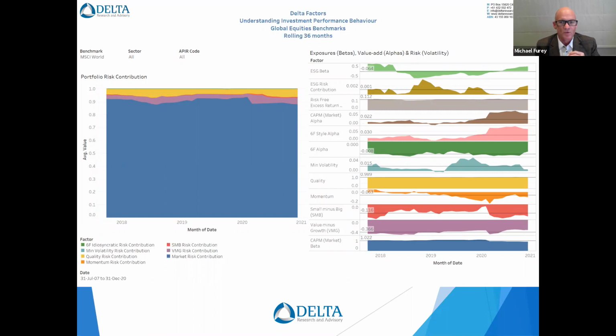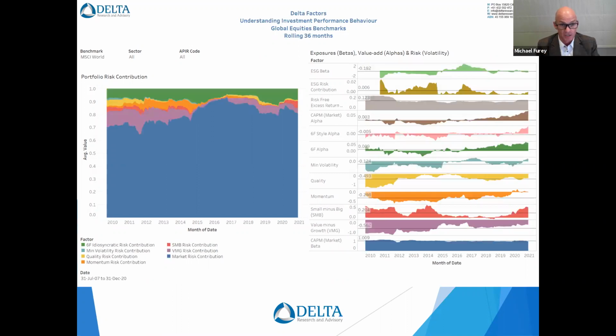So now we'll move on to a pure active strategy. Now we've got a few other factors coming through and a few more colors on the left. You can see that the market's still the dominant factor. It's still the dominant risk of the portfolio, and this is very typical of what you would and should expect to see with a long-only strategy. You can see the market's responsible for between 70 and 90% of the risk, approaching that 90% figure from Brinson, Hood and Beebower. But it's pretty much what we would expect.